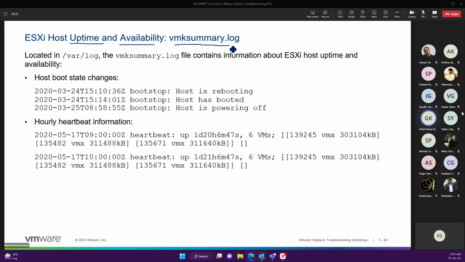You can even see it directly. Yesterday we had one command, esxtop. With esxtop we can easily know the uptime of the ESXi host, but similar and much more detailed information you can find in the vmksummary.log file. Host boot status changes when you reboot or power on your ESXi host, and hourly heartbeat information, receiving